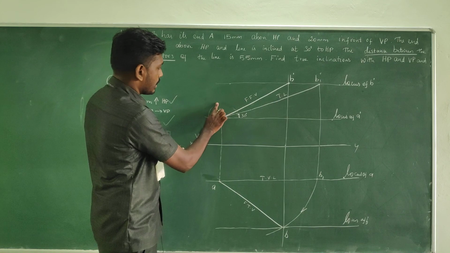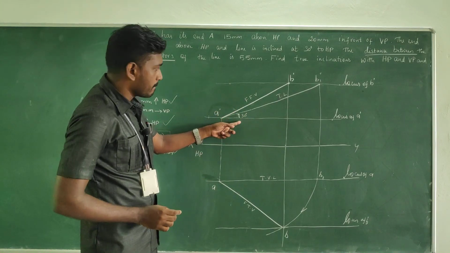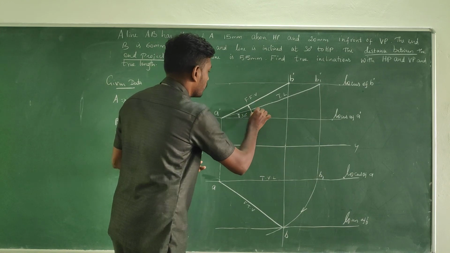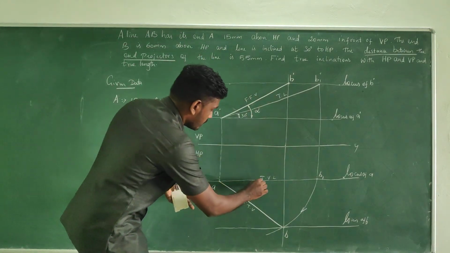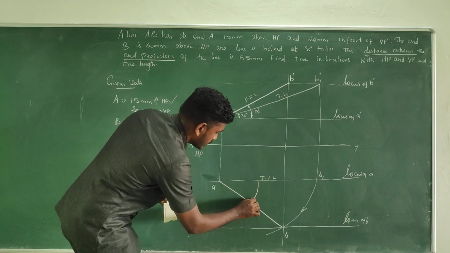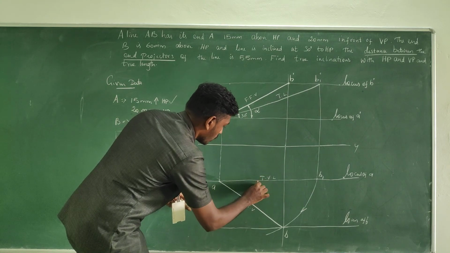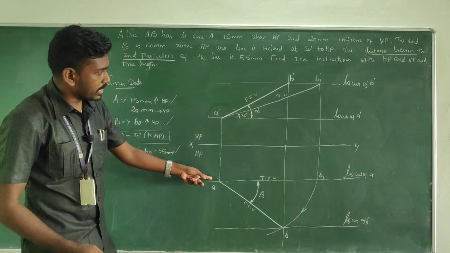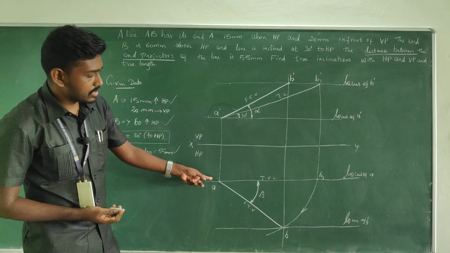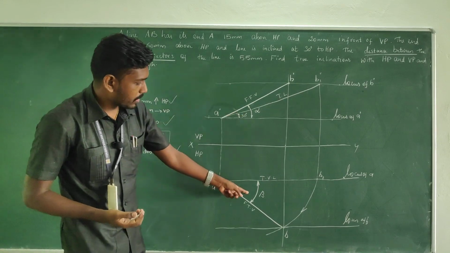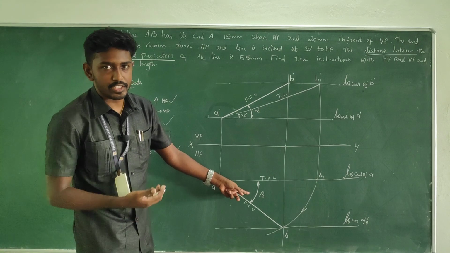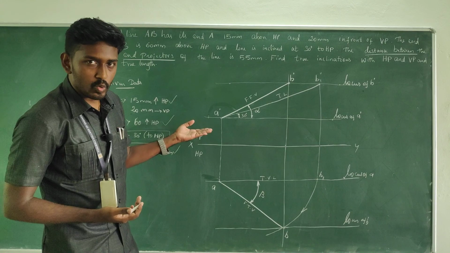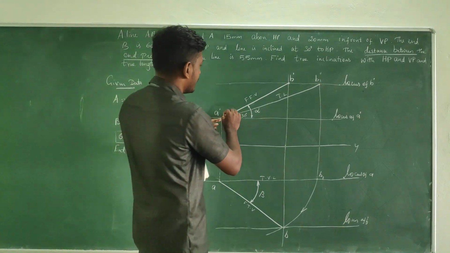Okay, now see, theta is there, alpha is here, the apparent inclination in the front view is available. And what about the top view? The apparent inclination in the top view, that means beta, is here. What is needed next? We need phi, the true inclination in the top view, right? So for that, what we can do is, look at the diagram.